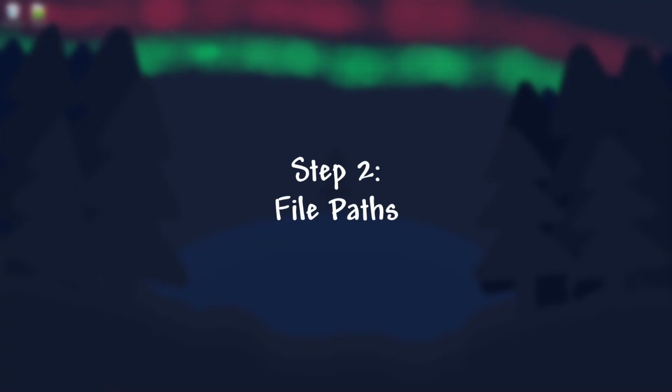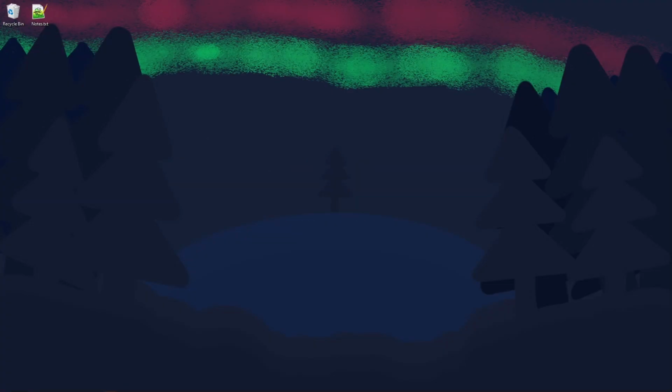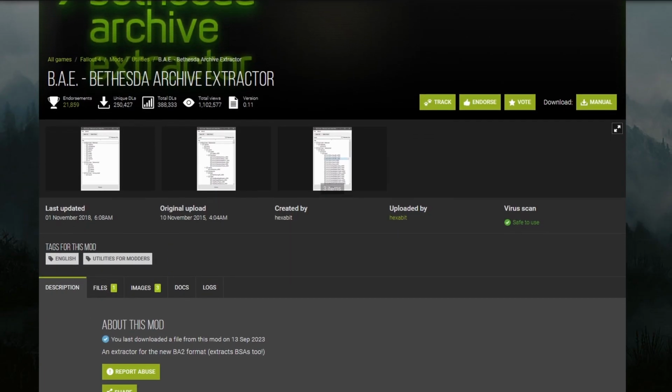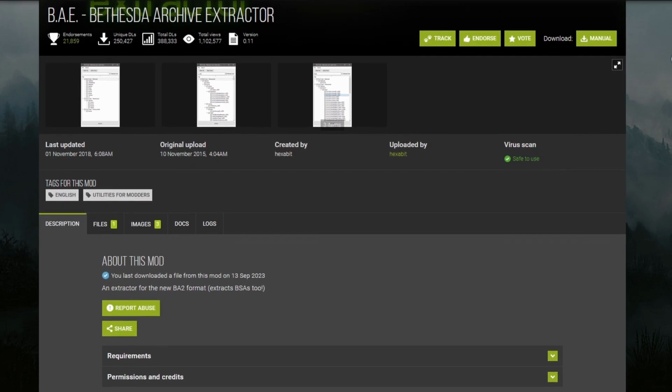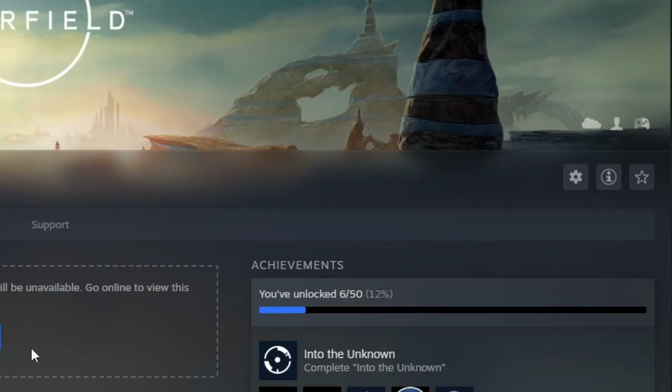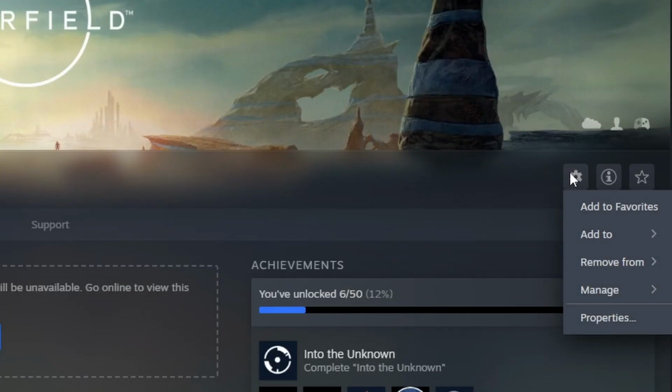Step 2. File Paths. Okay, now we're going to put the file in a spot where the game will read it. Download Bethesda Archive Extractor. You can get it off of Nexus Mods, and yes, the Fallout 4 version works for Starfield. Go to the directory of your Starfield installation. You can either do this manually, or you can do it through Steam by hitting the gear, then Manage, Browse